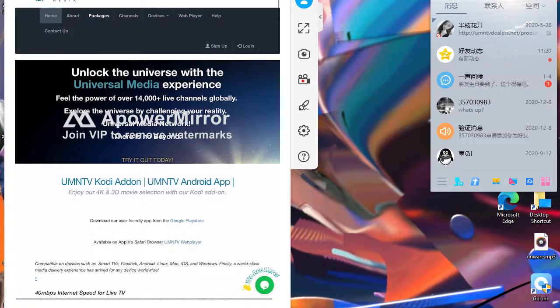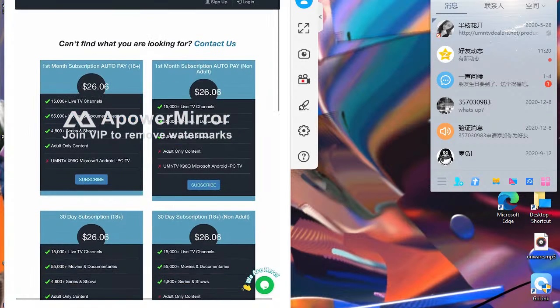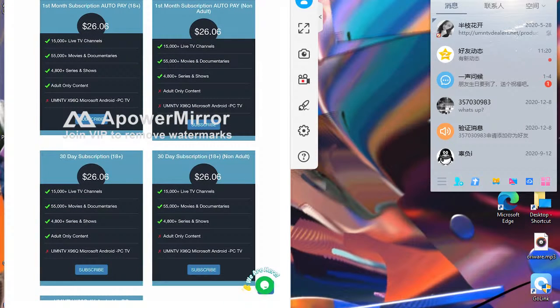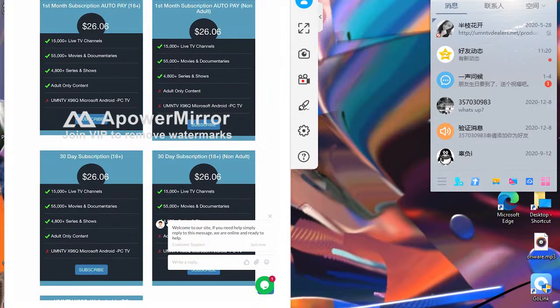You go to packages right there. You can see packages, and you select your packages. Some of these have adult content. You see, we have automated payment as well. So we have 1 month subscription auto pay, 18 plus. That's auto pay. That means it will take the money out of your account and renew. It's an automated system. And this is something that you can't find on some of these third, fourth party IP television, or whatever they call themselves,